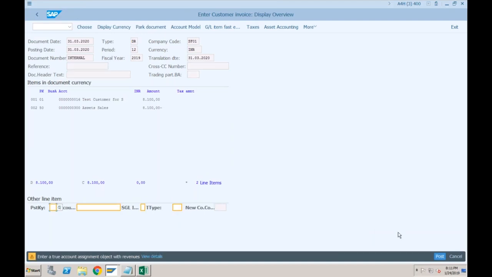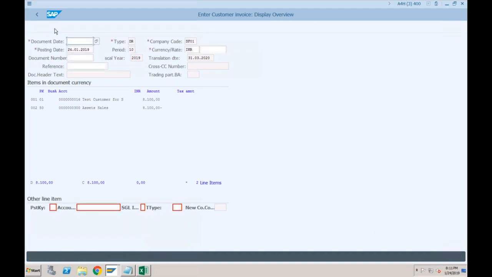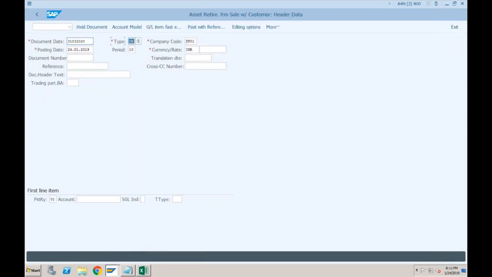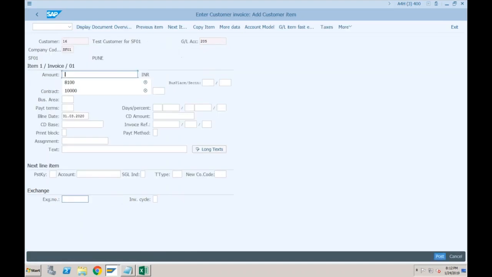Now we have to go again for F-92. Okay, so once more. So 01, here I need to provide the customer, press enter, provide the amount at which you want to sell. Here you have to provide 50. You cannot provide 75 here. 75 system will automatically determine. Even in ECC also, the posting key which you specify in the second line is 50 and you provide here the asset clearing account. Okay, so just press enter, specify the amount,